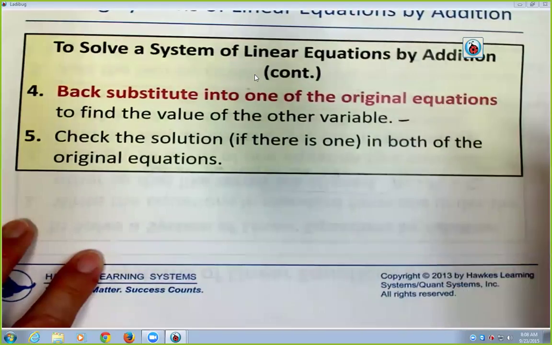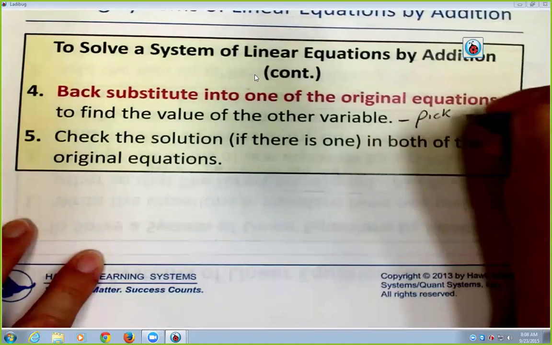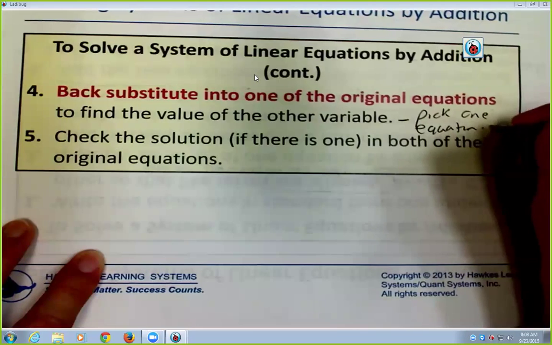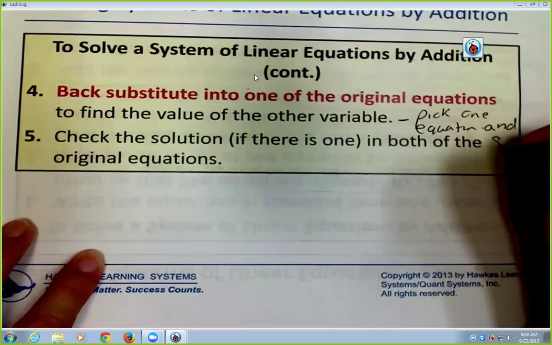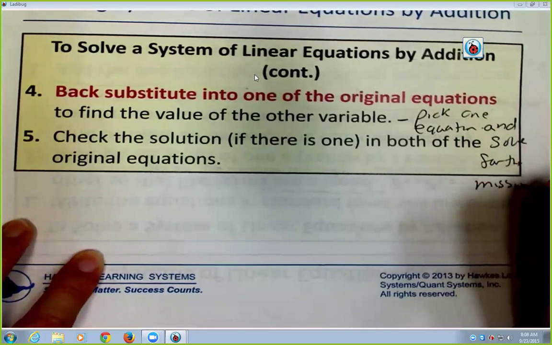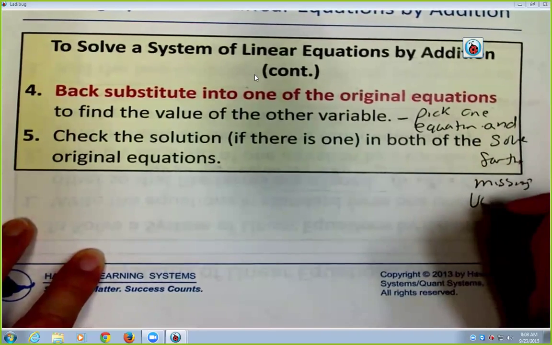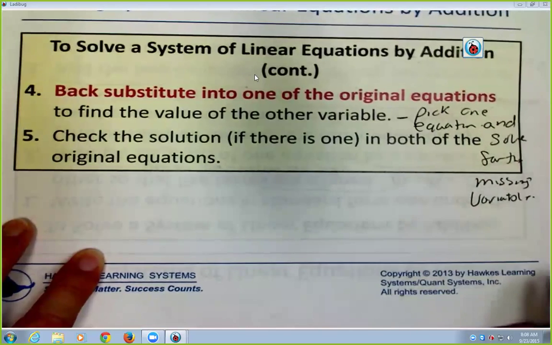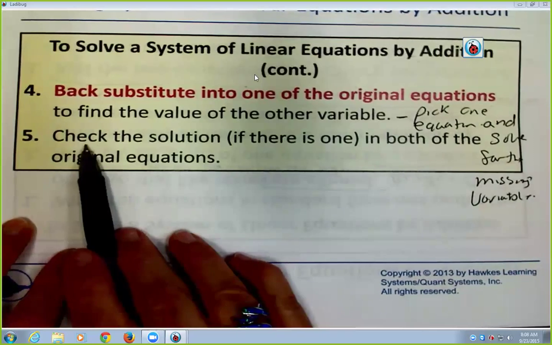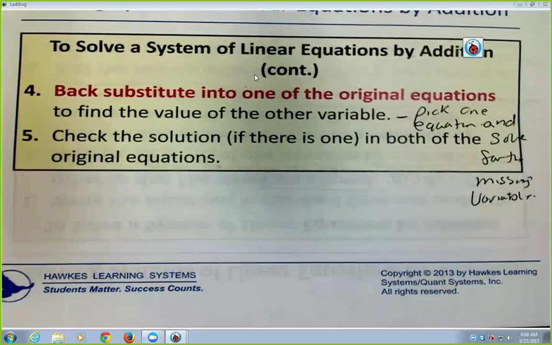So you're going to pick one equation and solve for the missing variable. So we're going to find the one that may go away in that case. Then you're going to check the solution to see if it works for both of the original equations. I know this doesn't sound like it's too